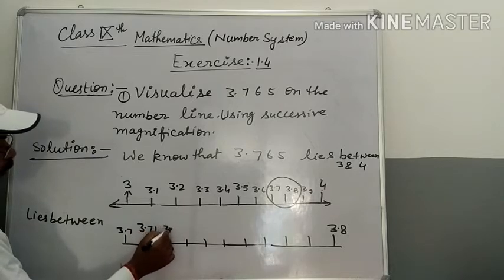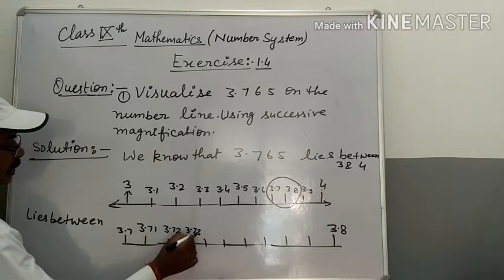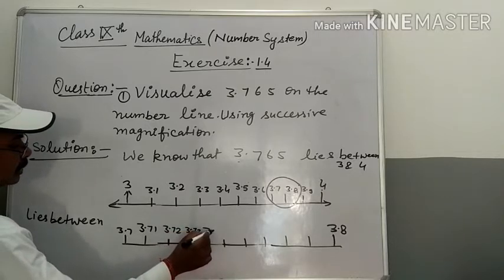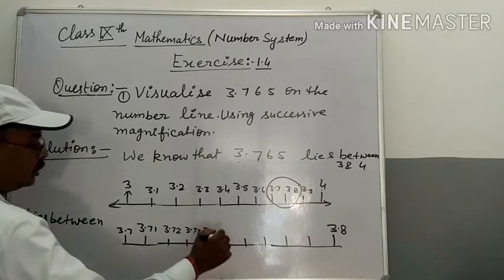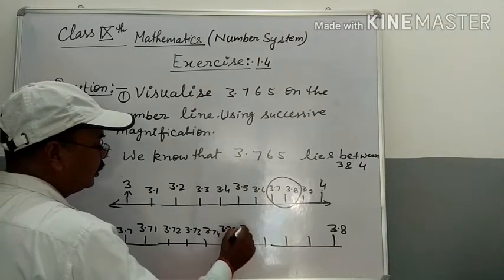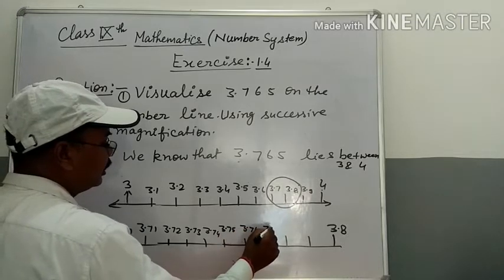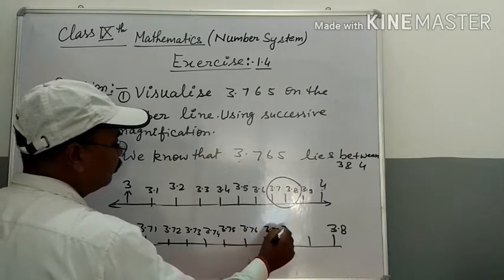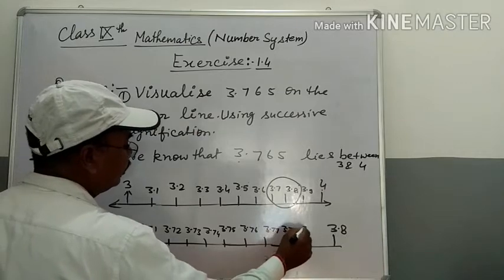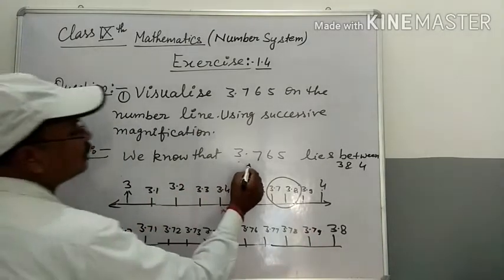3.71, 3.72, 3.73, 3.74, 3.75, 3.76, 3.77, 3.78, 3.79, and next, students, the number